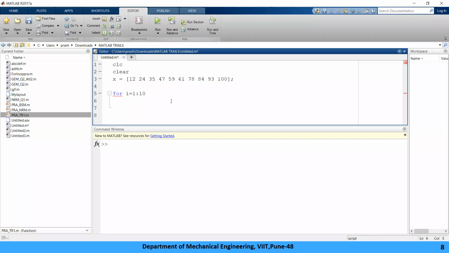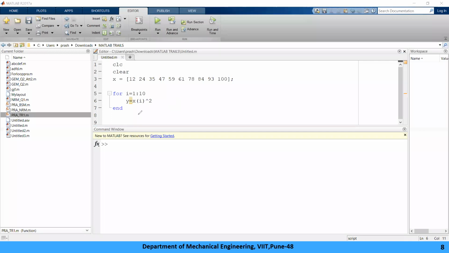After that the formula governing equation is y equal to x square. ठीक है, enter in. So if I do like this, sorry, x of I, क्योंकि एक एक वैरी होना चाहिए. Now try to understand, if I write up to this portion, what is happening in the program? So program will start CLC करेगा, clear करेगा memory, उसके बाद it will prepare a vector of x in the workspace with values x1 equal to 12, x2 equal to 24 and so on.